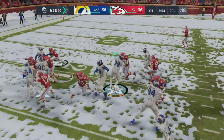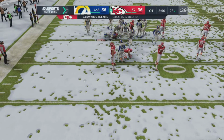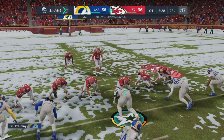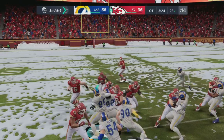Here's Edwards-Helaire as they will start on the ground. And he'll push forward for about 4 up to the 23. Short gain there to start overtime. Almost a tester play, wasn't it? Wanted to see if the guys on defense were going to fit the gaps the correct way, because we're in